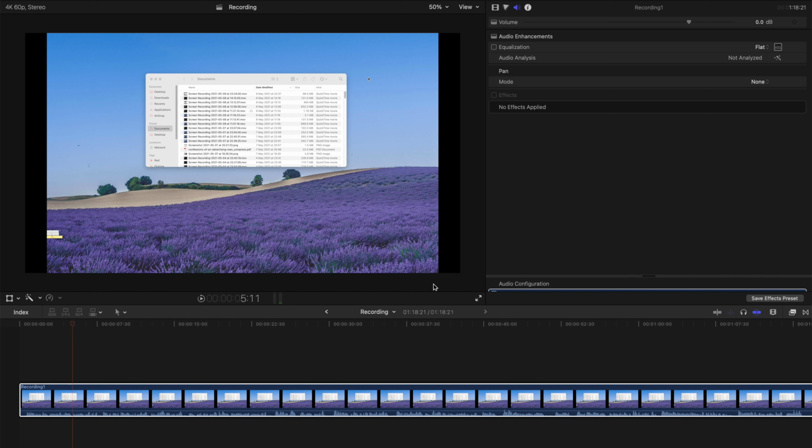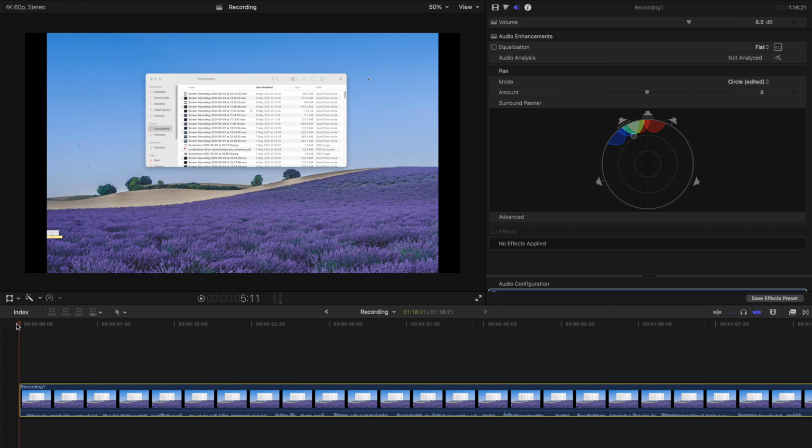So instead of this, we are going to change it over to the left hand side, and let's play it again. Now it's a little bit too much to the left, so maybe a little bit like this, and let's play. Yep, it sounds about right, but there is an amount option,